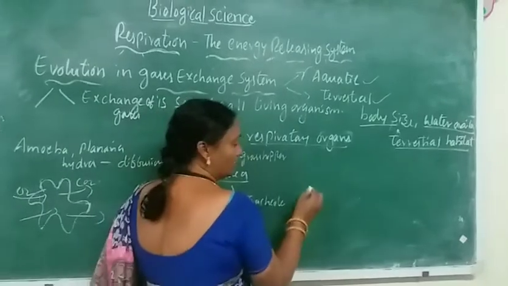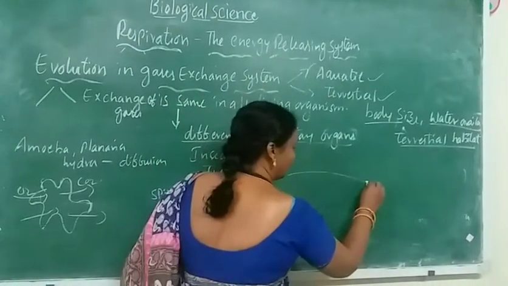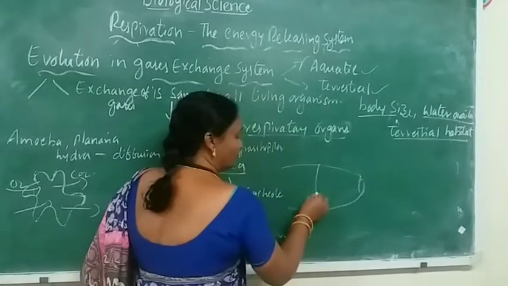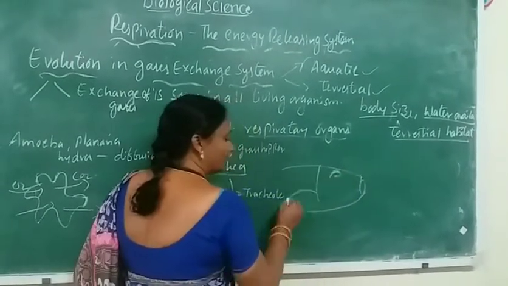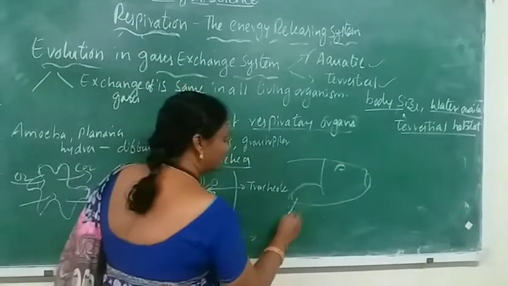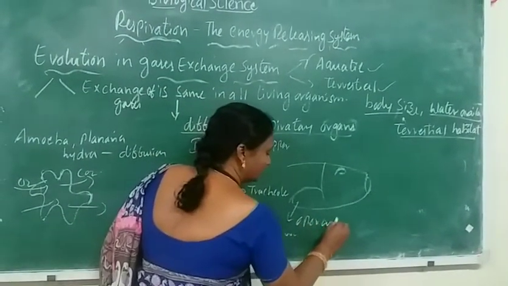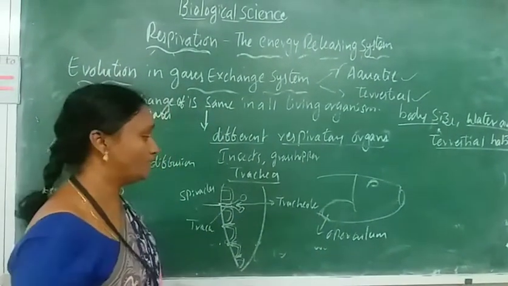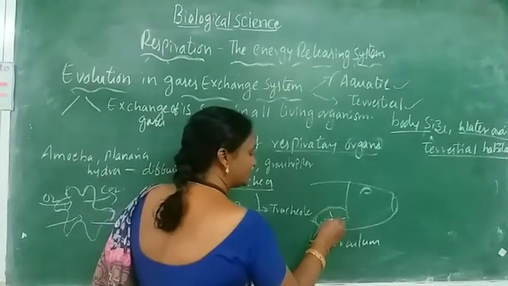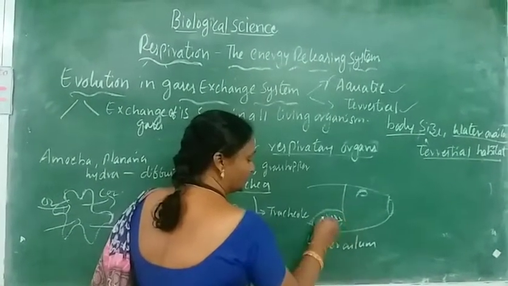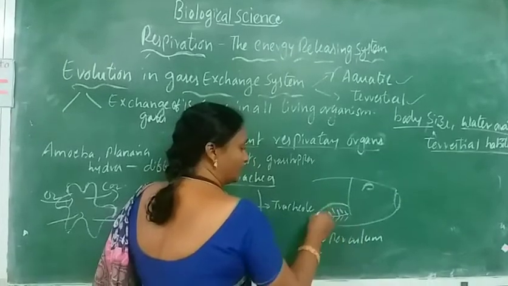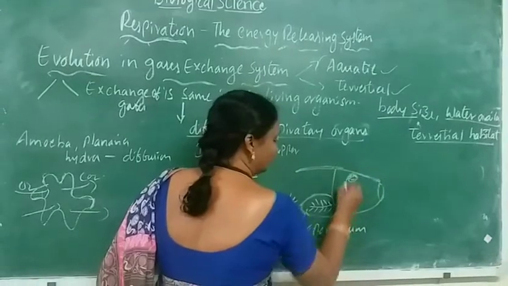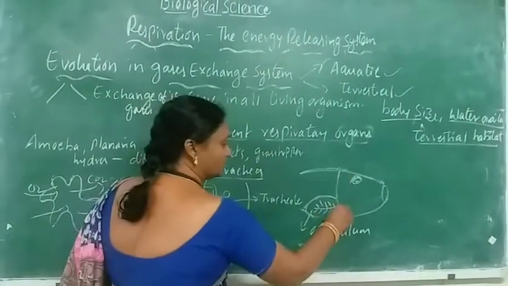Fishes are aquatic animals. You might have observed a fish. When we observe the fish, at the sides we see a flap-like structure called the operculum. You might have seen the operculum being opened. When the operculum is opened, we observe the gill slits. If the gill slits are fresh and red, it is a good variety of fish. Now let's see how respiration occurs in the fish.